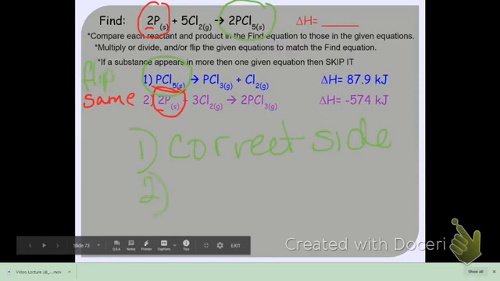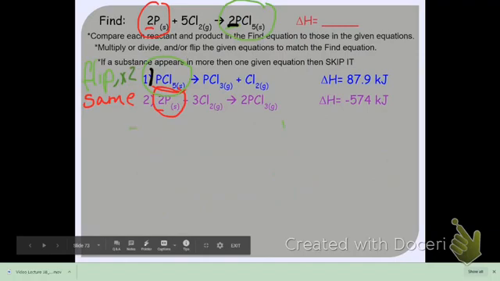Next question is, does it have the correct coefficient? Well, this has a coefficient of 2. This has a coefficient of 1. So no. So what am I going to have to do? This green is killing me, guys. I'm sorry. I need a little bit darker. I'm going to have to multiply that by 2, because 1 times 2 is going to give me the 2 that I'm looking for. Okay, and if I multiply this by 2 and I flip it,